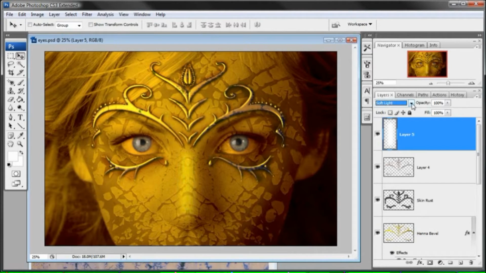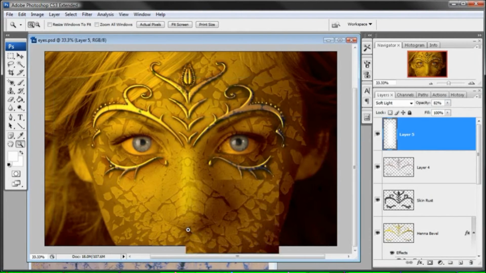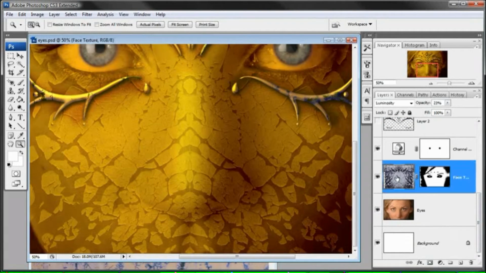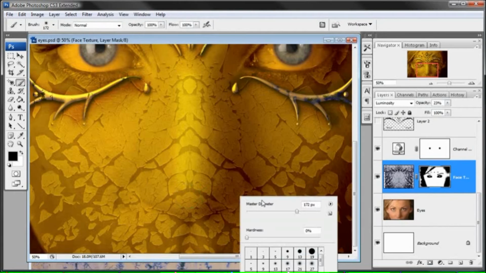You could use something like this. That'll work just fine. I'll go ahead and lower the opacity just to make her nose stand out a little bit because it's almost hidden. You can see down here what we would need to do to really polish this off is to click on the texture layer on that layer mask and come in here,